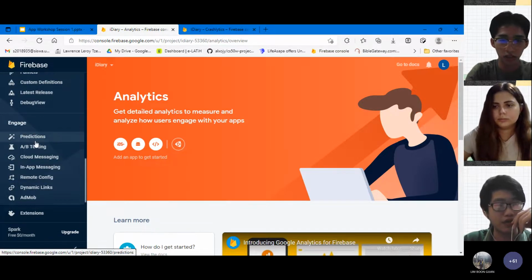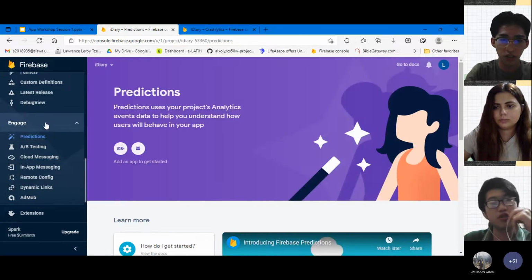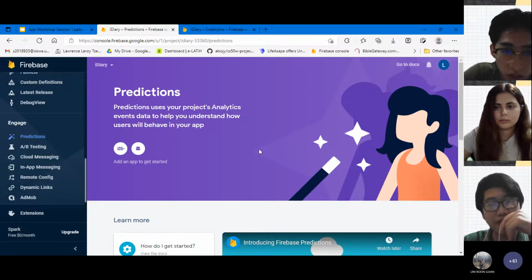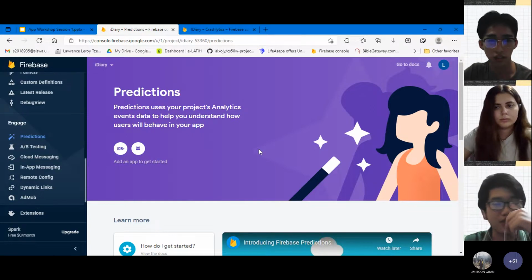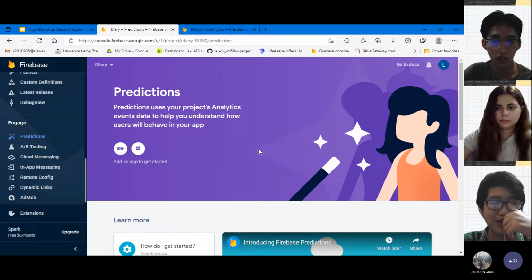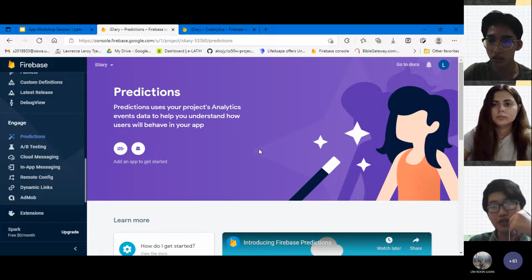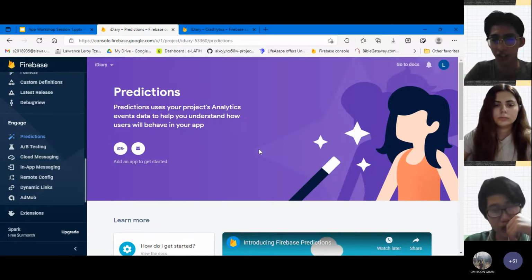Okay, and this is the second last part. So first is predictions. We all know that nobody can actually look into the future, at least within human bounds. But predictions have been a thing that computer scientists have been interested in for a long time, where you take the behavior of your users and analyze it to predict what they would do in the future.